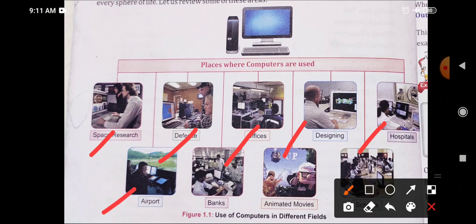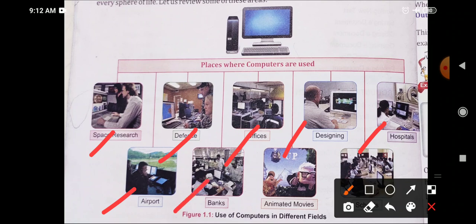Computers are necessary for the use of pre-screening measures, and also computers are crucial to an airport's air traffic control services. So in airports also, the landing of the plane and also your travel arrangement, booking of the ticket, all these things are done through computers.